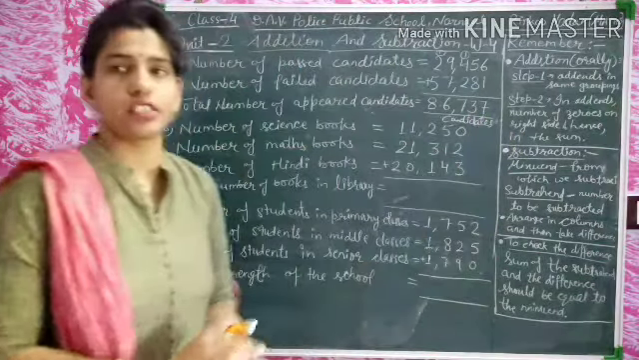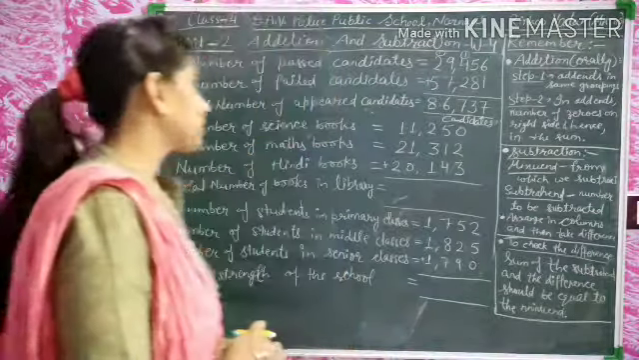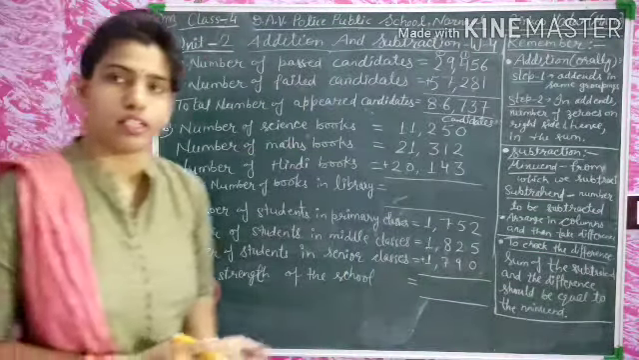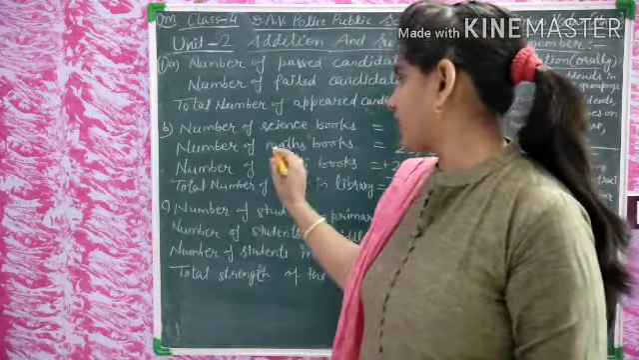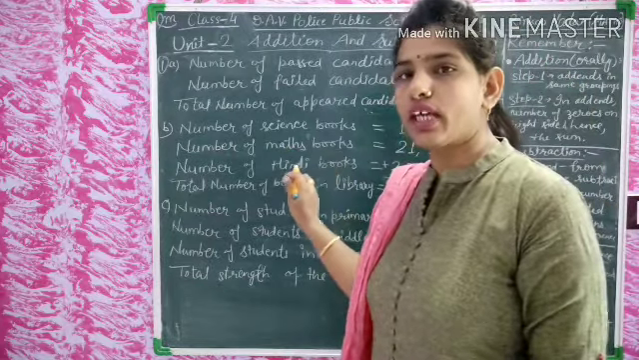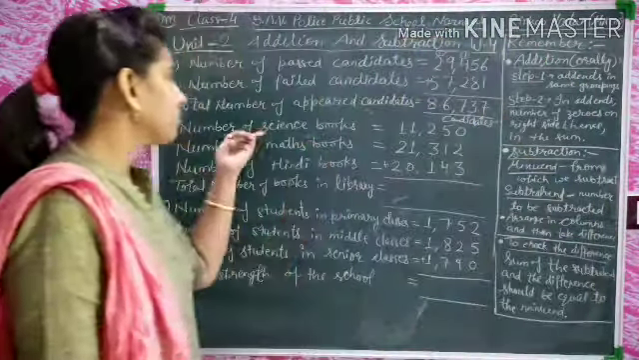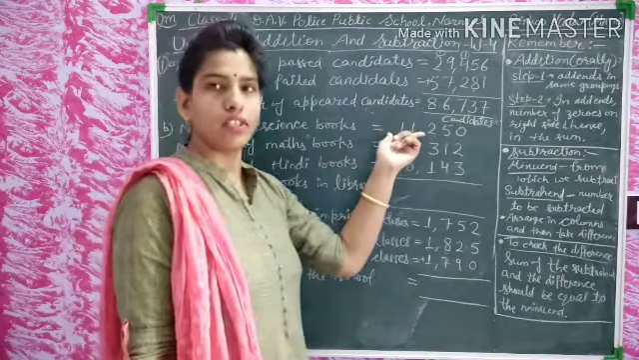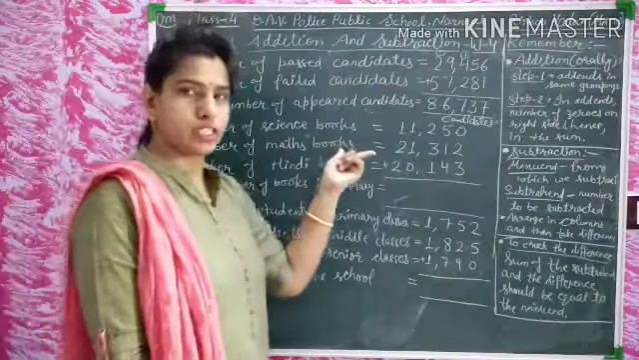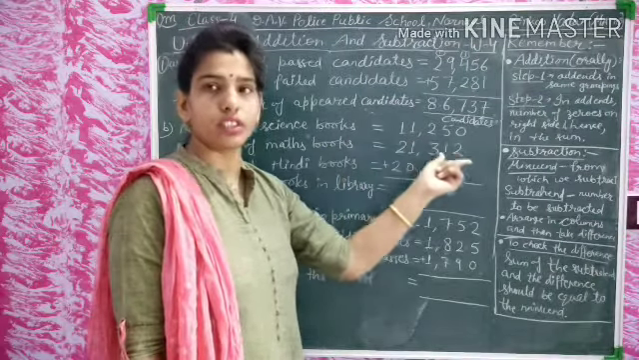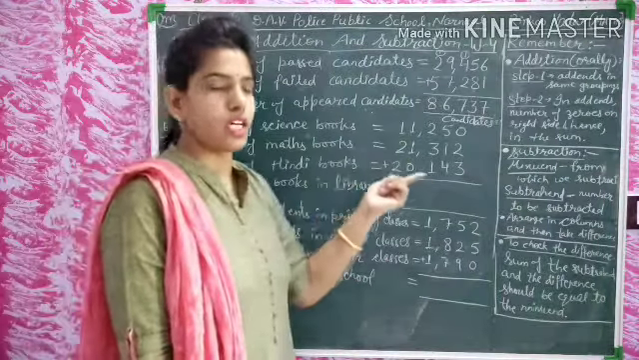Is it clear, students? Now we will go to the next question. In the next question, there is a library. In a library, there are some science books, some maths books, and some Hindi books. The number of science books is 11,250, the number of maths books is 21,312, and the number of Hindi books is